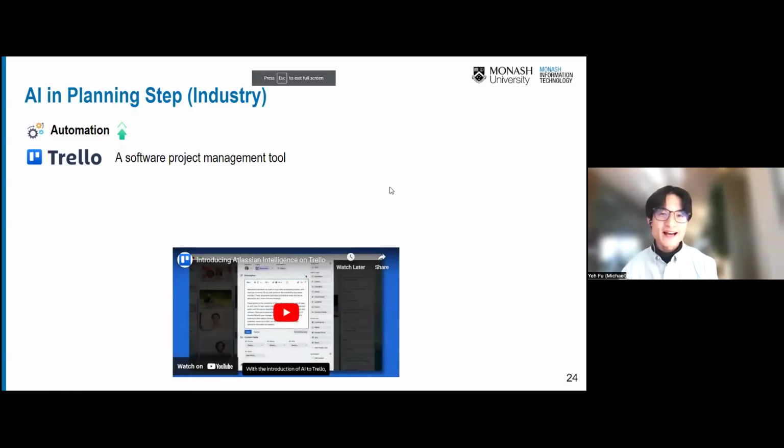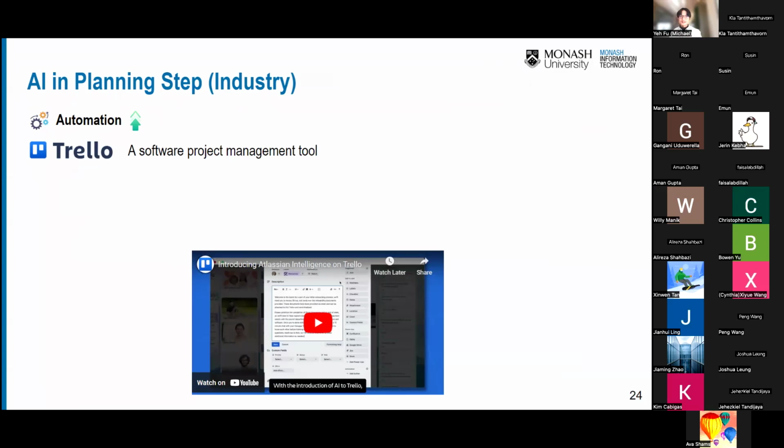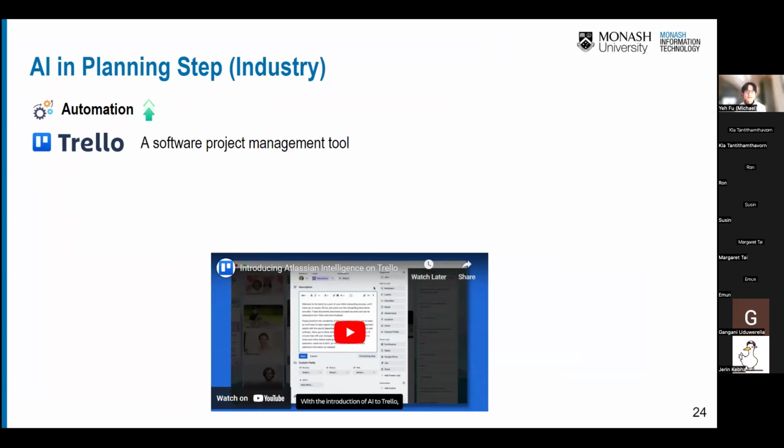Okay, so we saw the AI inside the Trello board. It helped summarize the content to make it shorter and easier to read, and it corrects the spelling and grammar. I feel like this is important, especially in Australia, because we have people coming from different countries. During software development, we all use English in different ways, right? So AI integrates everyone's English and changes it to an understandable version and makes everyone's communication better inside the Trello board.